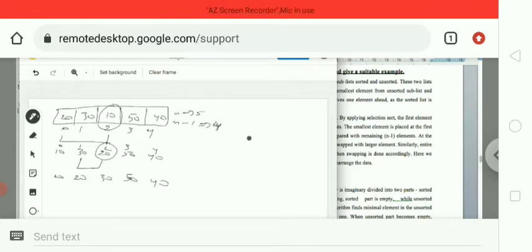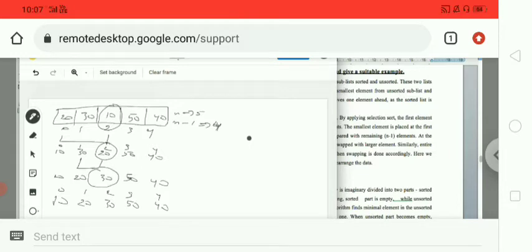Now we have to check the next smallest element, that is 30. We have to place this 30 in the next position, that is the second position. It is already in the second position, so no need of swapping here. So at last the elements will be arranged like this in specific index values.